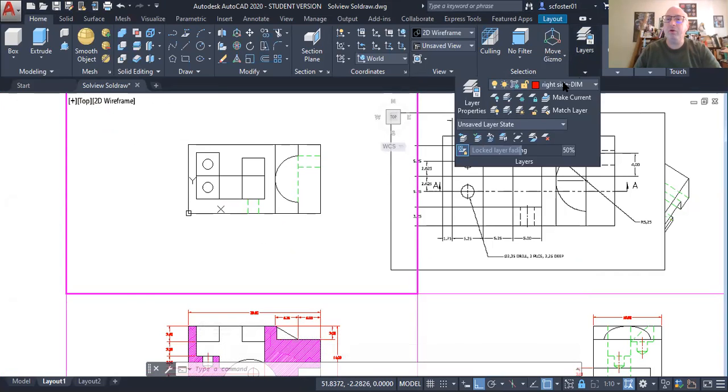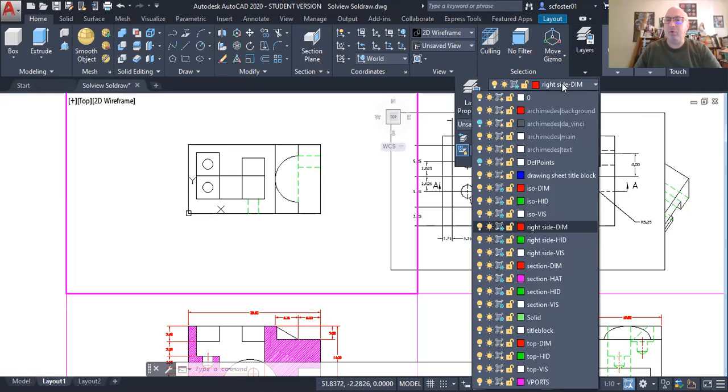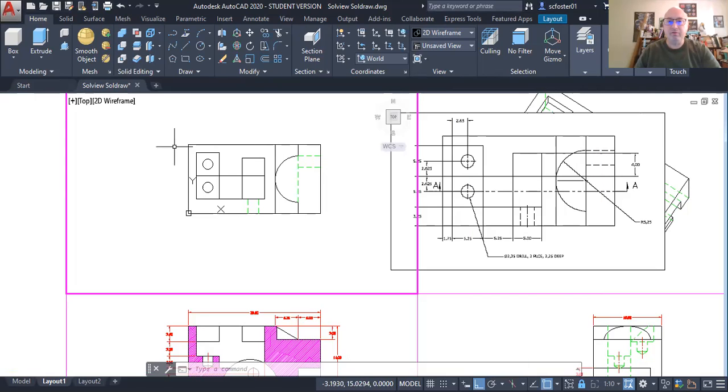Make sure that you're in the right dimension layer. Right now I'm on right side because that's where we were the last time. If I start drawing, the dimensions won't show up because it's frozen in this current viewport. So go to top dim, zoom in,